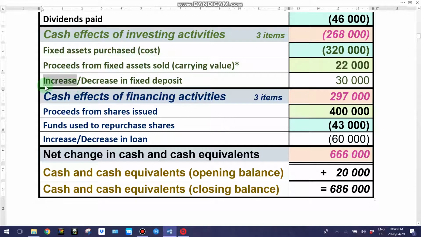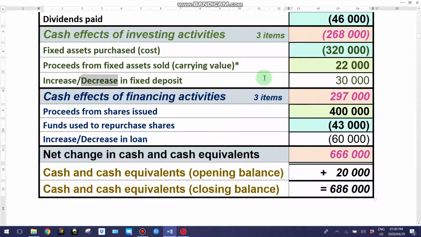So although the fixed deposit itself amount is increasing, my bank balance is going to decrease, and therefore an increase will represent an outflow of cash. Now, when the fixed deposit matures and I get the money back, that would be a decrease in the fixed deposit, and when there's a decrease in the fixed deposit, that would now represent an inflow of